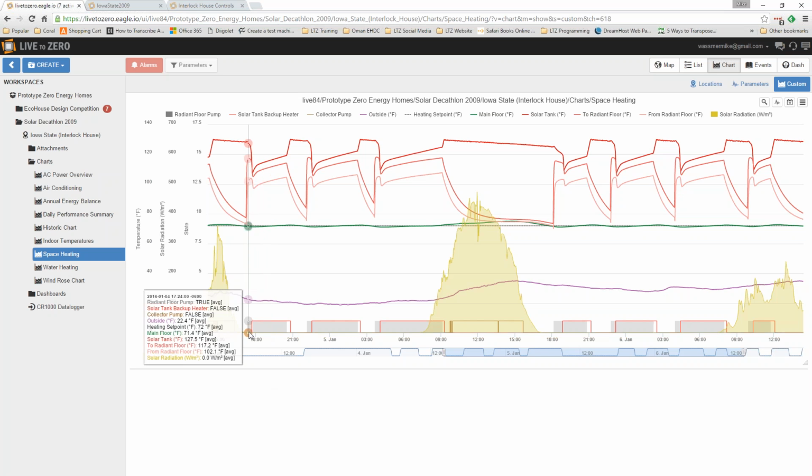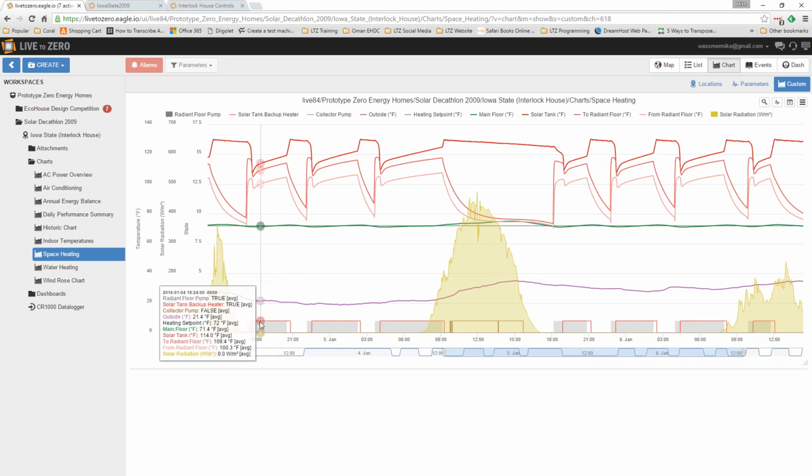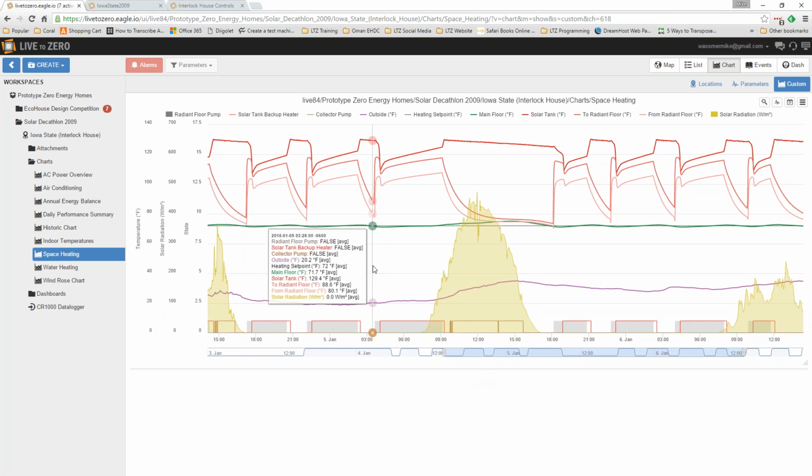So think of the gray as when the heat is actually on and the space is being heated. The red line indicates when the backup heating element in the solar tank, the tank that heats up the floor, is on. And so the way this works is that we have two heat sources for the solar, for